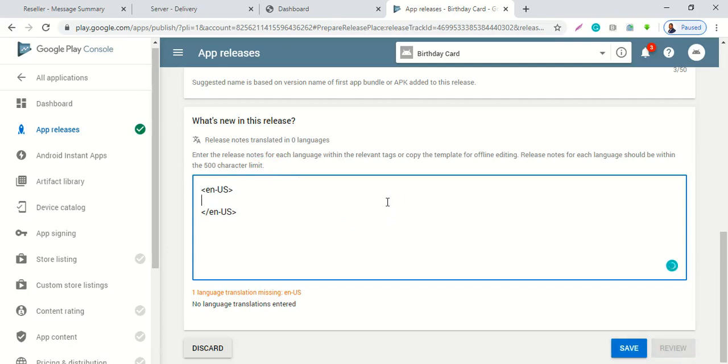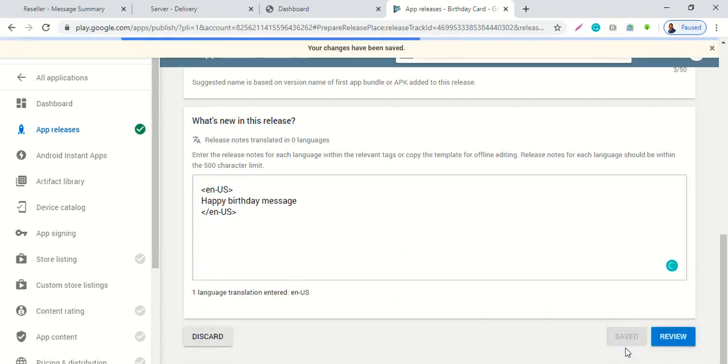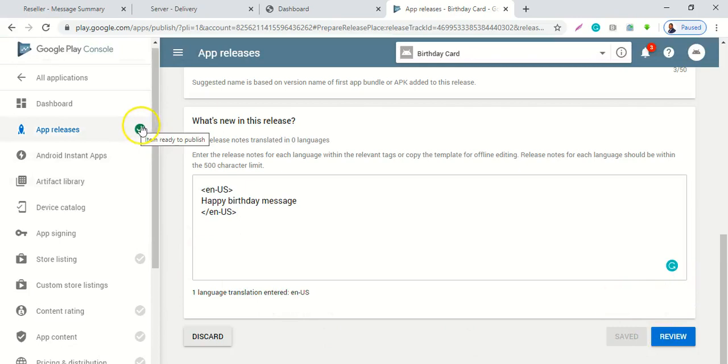So let's just put something here for the purpose of this class. Let's just say happy birthday. But when you are doing it by yourself, you should follow the instructions and do it properly. Okay, but let's put something here so that we'll be able to proceed. Okay, I'll click on save. Okay, so it's now okay. Now you see that it has marked this one that I'm through with this particular aspect. Okay, so look at the store listing now,